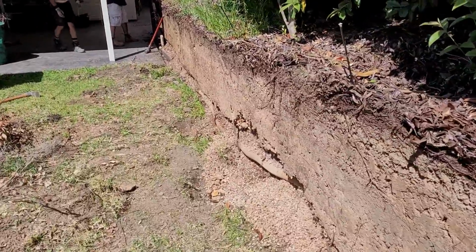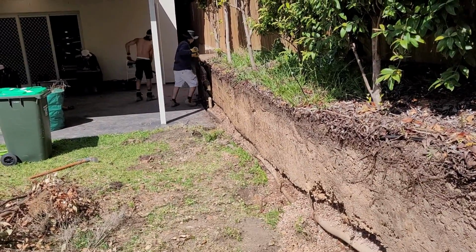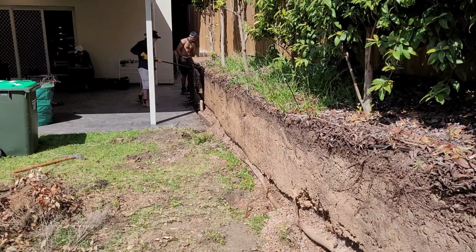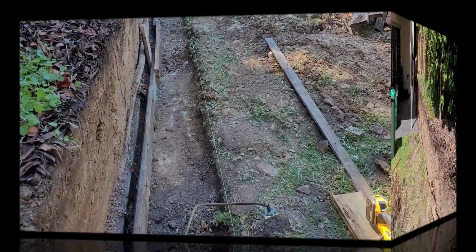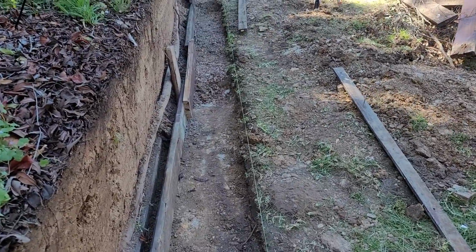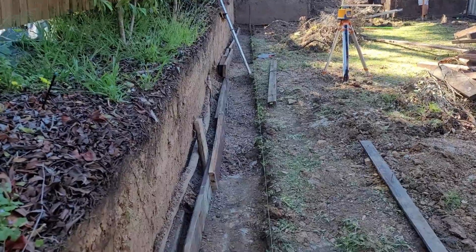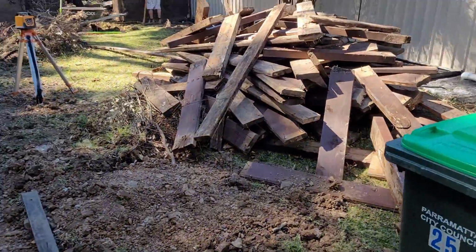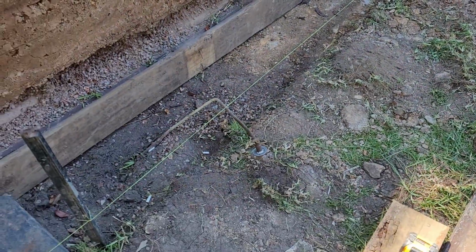So we have to set the line. Where is the line of the new retaining wall? And then dig a channel for the concrete base footing. As you can see, we dig a channel for the footing, and we also use timbers to make formwork next to the